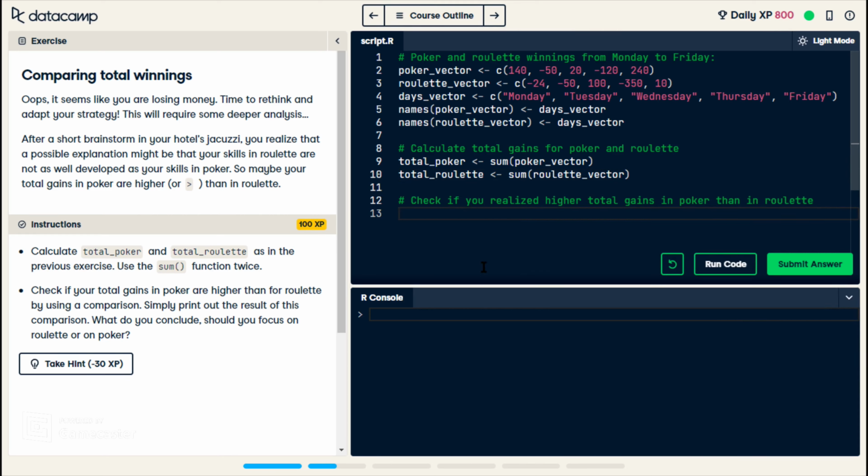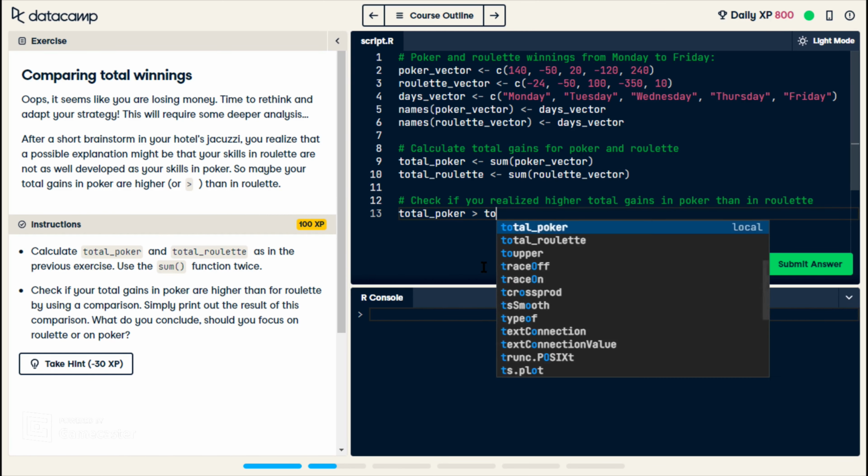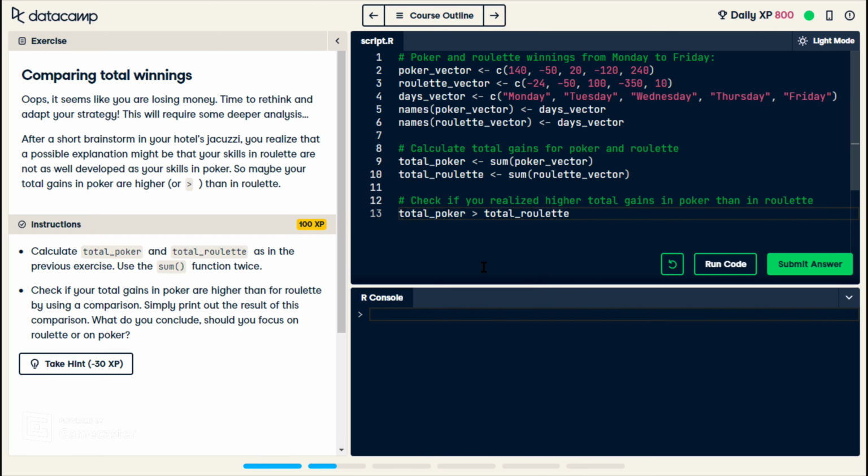Now we are meant to output if total poker is greater than total roulette. It has to do with the story that's going on, but it's going to output, so it's going to compare